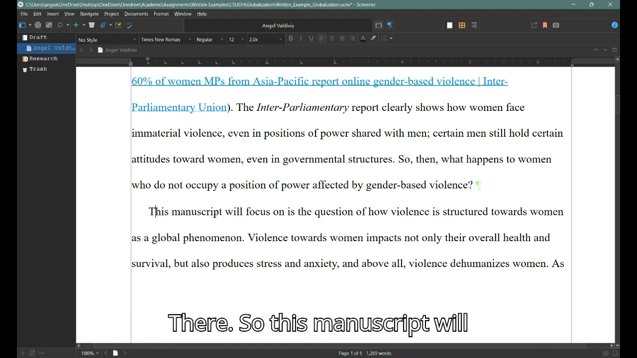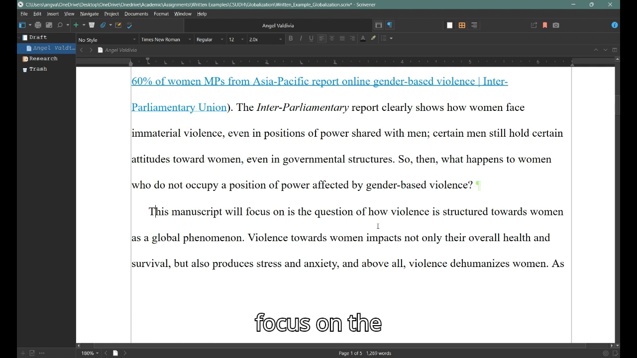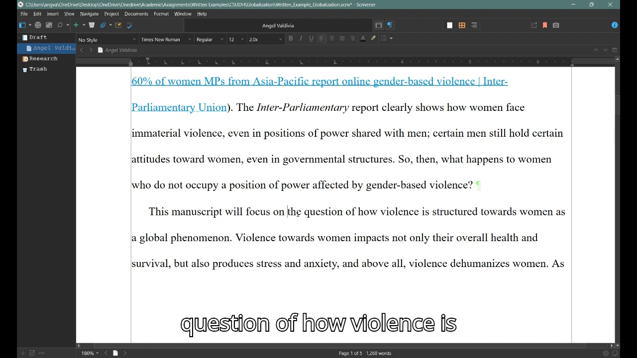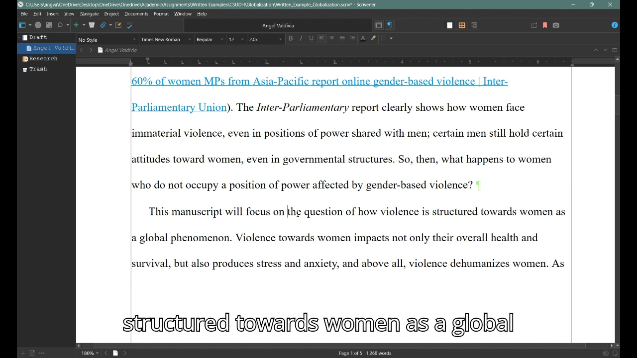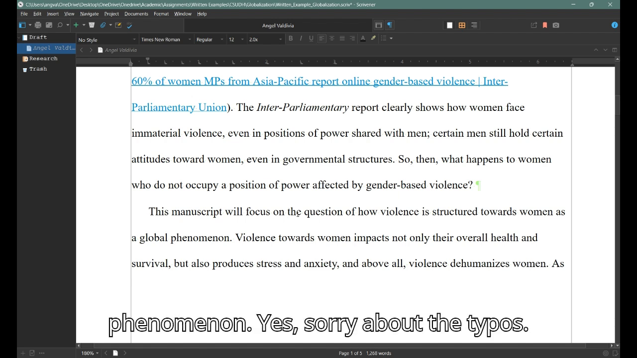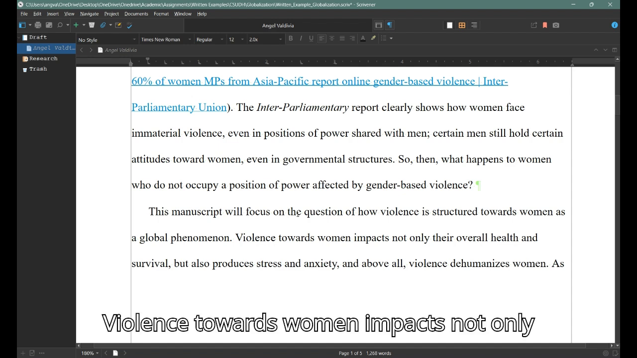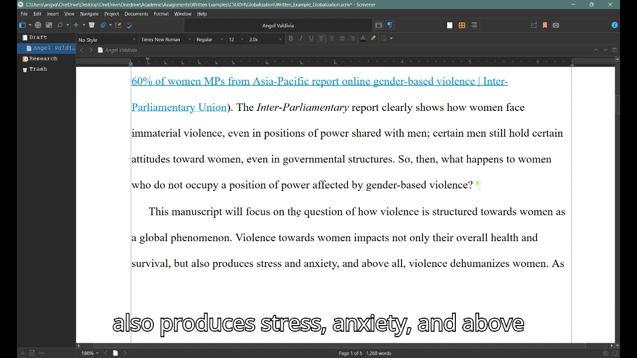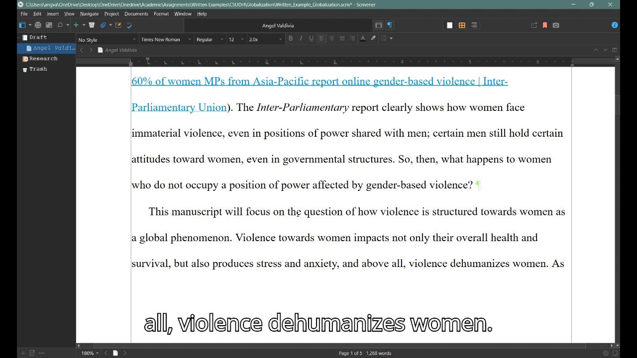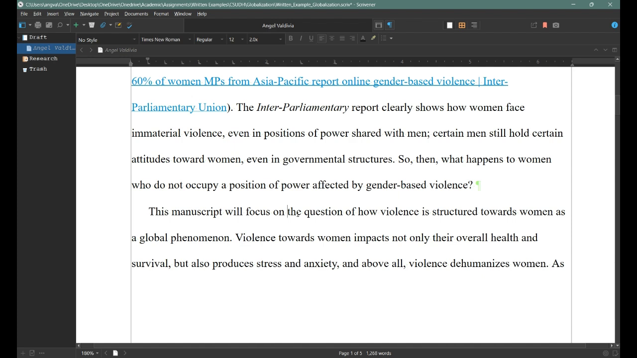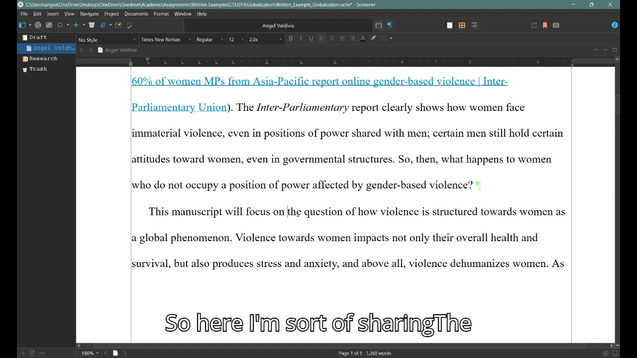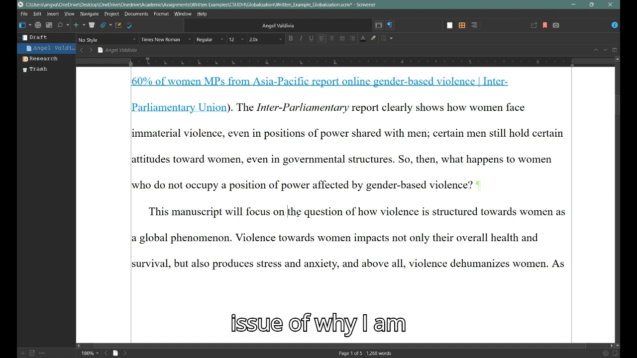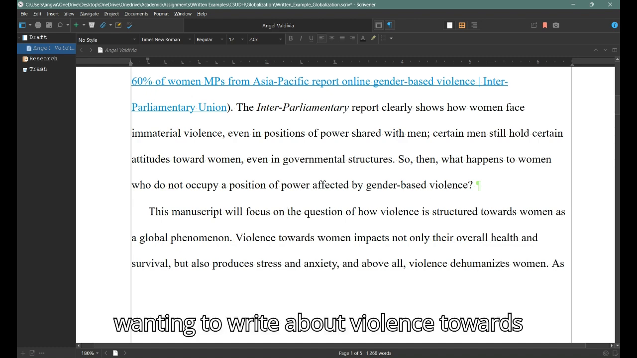So this manuscript will focus on the question of how violence is structured towards women as a global phenomenon. Yes, sorry about the typos. Violence towards women impacts not only their overall health and survival, but it also produces stress, anxiety, and above all, violence dehumanizes women. So here I'm sharing the issue of why I want to write about violence